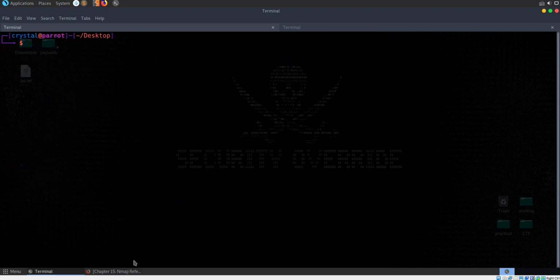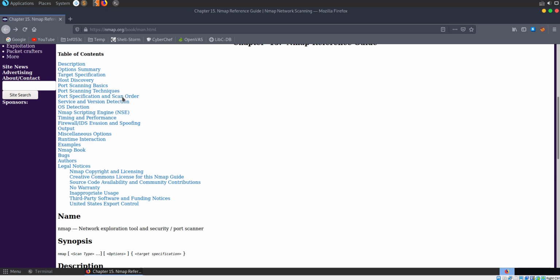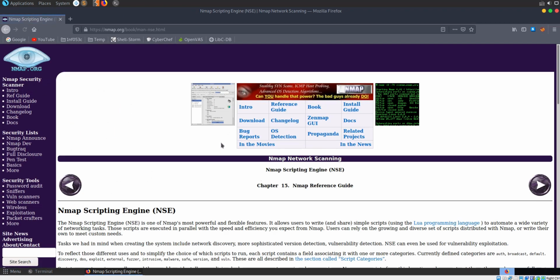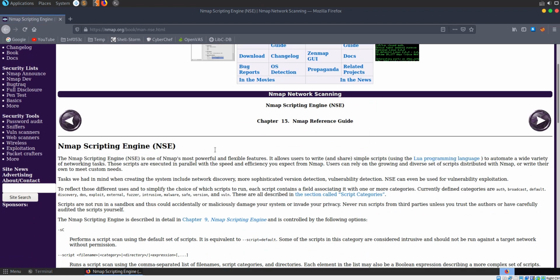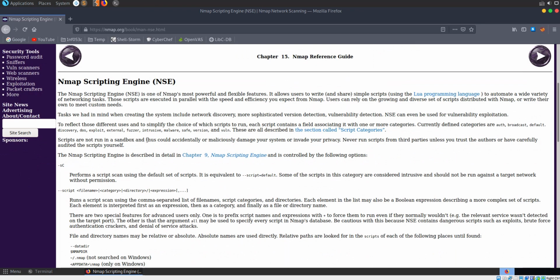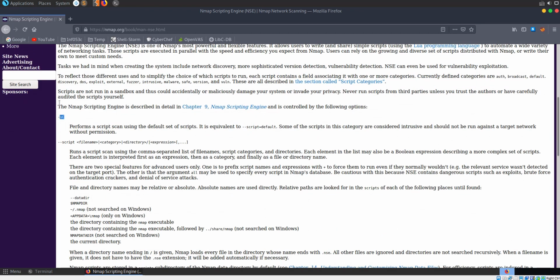Next we're going to take a look at the Nmap scripting engine, and I'm going to go straight to the reference guide because this is quite an important section. The scripting engine is one of the most powerful and flexible features of Nmap. It allows users to write and share simple scripts using the Lua programming language to automate a wide variety of networking tasks. You can use the -sC flag, and that will run a set of default scripts, but note that